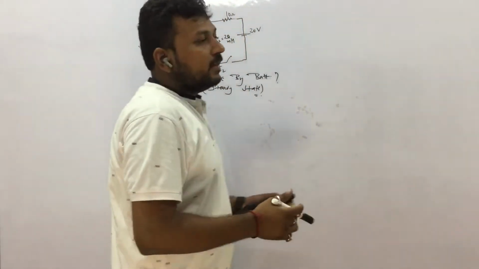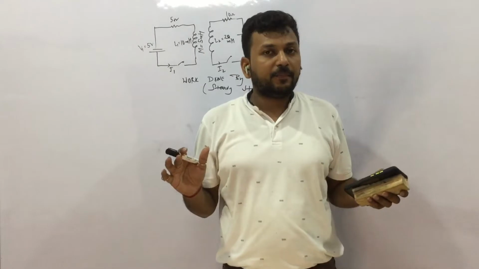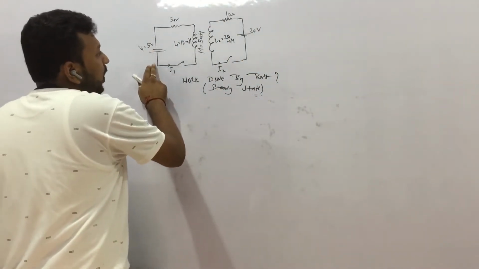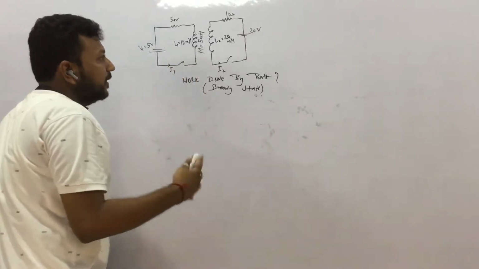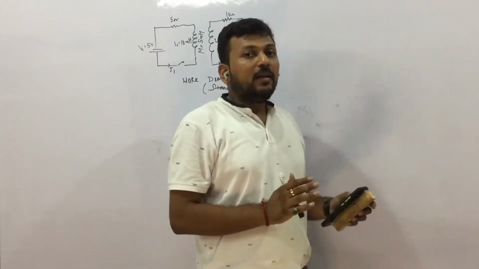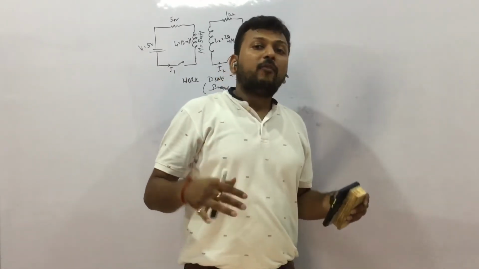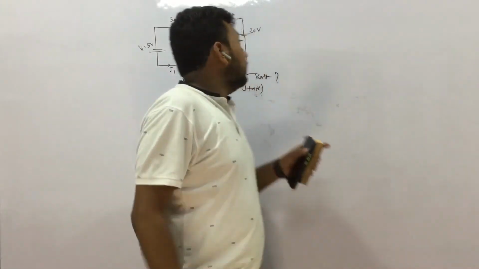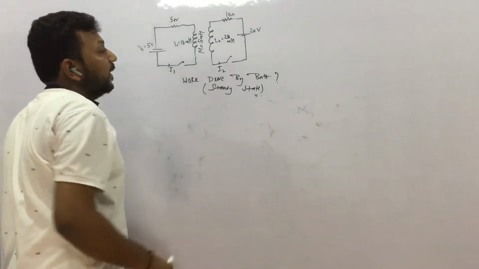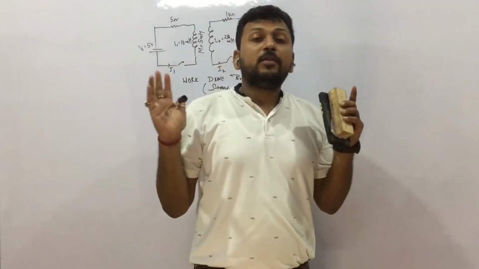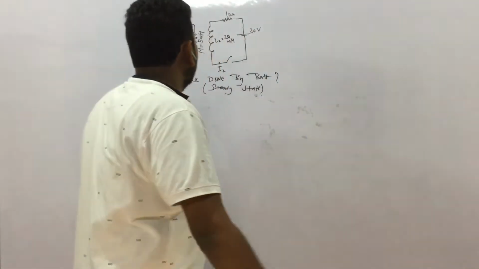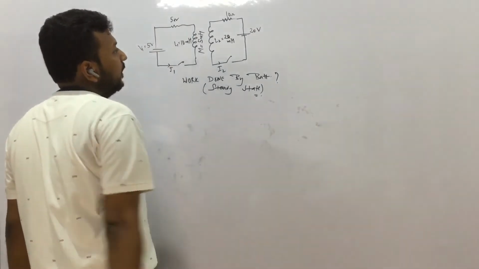Now we know what steady state is. Steady state means the current becomes steady, right? So what will happen at t equal to 0? At t equal to 0, current will start flowing, but the flux will change in the inductor, and the inductor opposes any change. So at the starting it will oppose so much, and after some time the current will become steady. It will behave like a normal wire. At t equal to 0, the resistance offered by the inductor is very high, but after some time it will behave like a normal wire. So till that time, what is the work done by the battery? We need to find out.